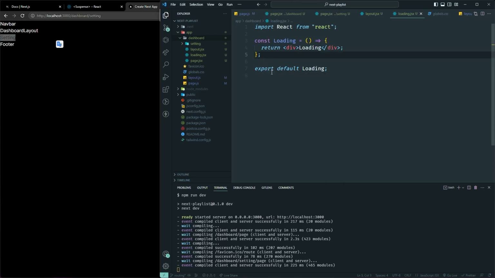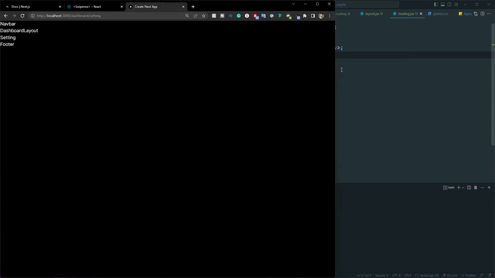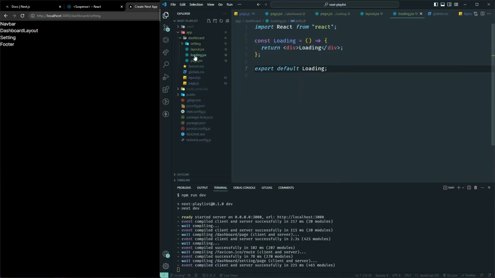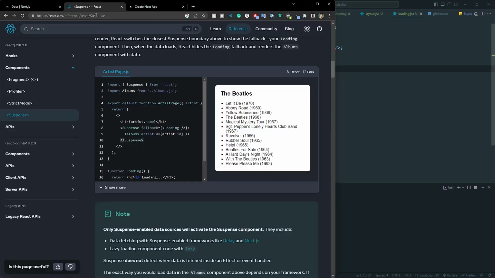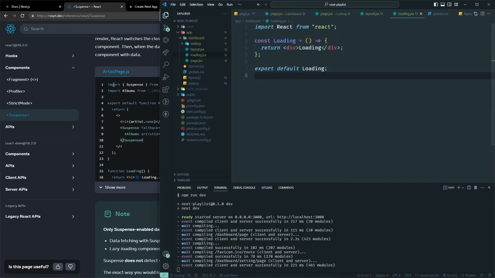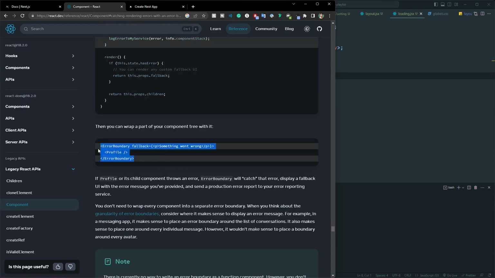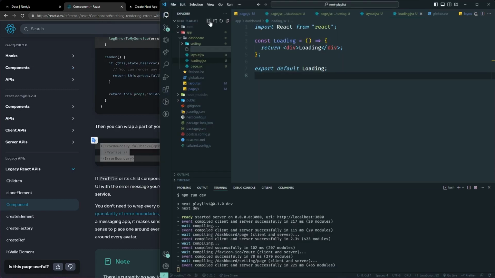So in the future, if you build a big project, if you fetch some data, this will be automatically done for you just by creating a loading file here. So this is the behind the scene behavior that is happening. They also have something called error boundary. So error boundary is this right here. We can opt into it by creating something called